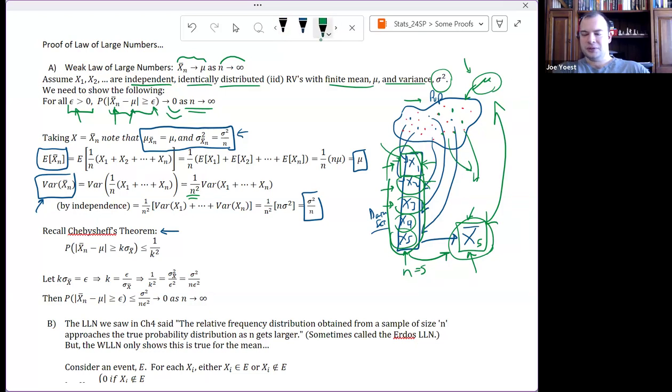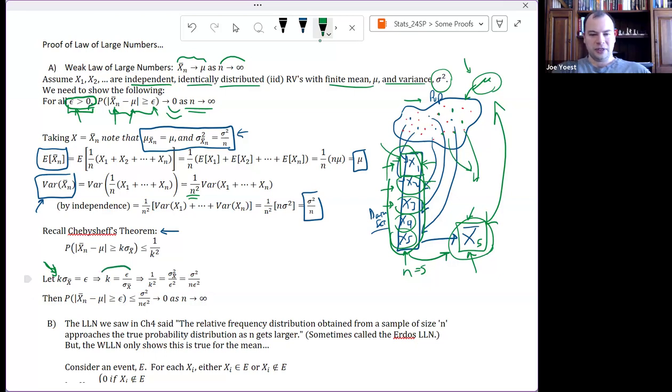So we're going to choose k such that k sigma x bar equals epsilon. So if somebody gives us epsilon, we take epsilon and divide it by sigma x bar. Remember, epsilon was some small, positive number. If somebody tells us what they want it to be, we take that number, divide by sigma x bar, no squared, and that's the k we're going to use. So we're going to choose k this way.